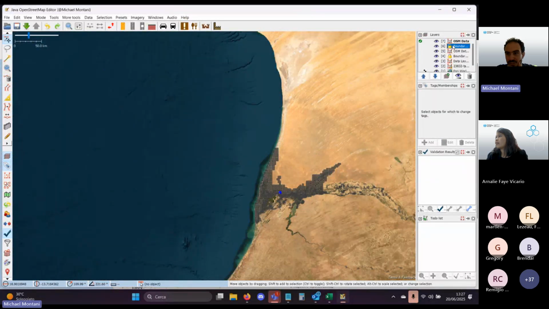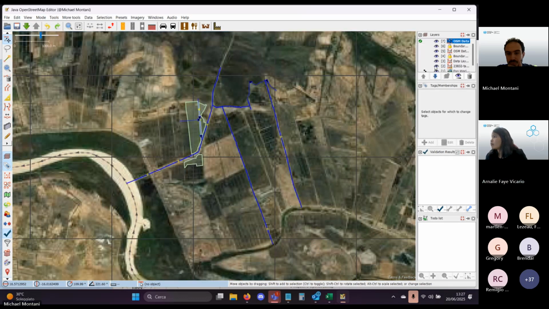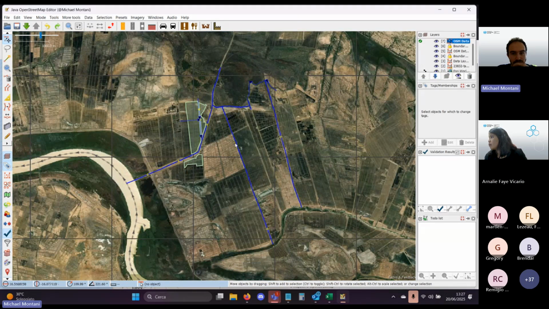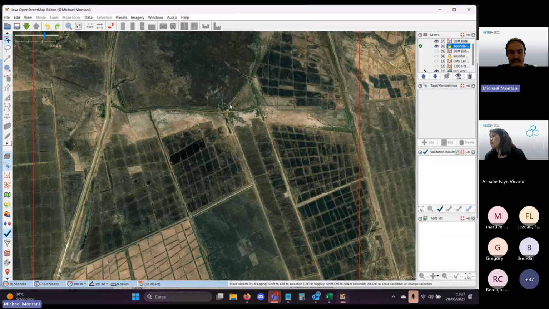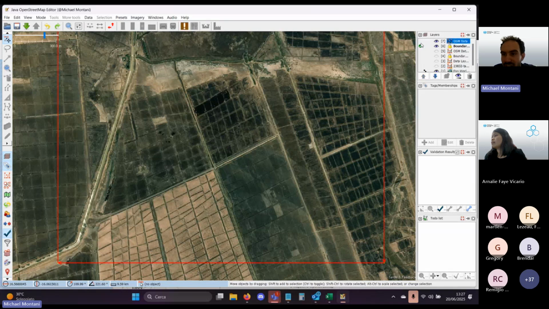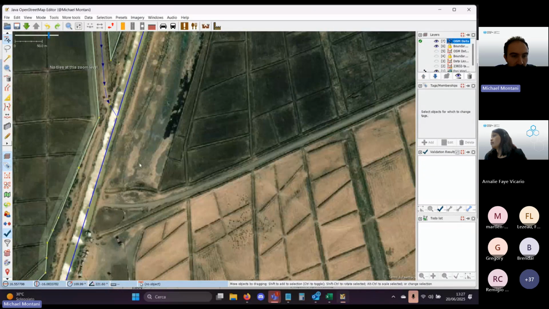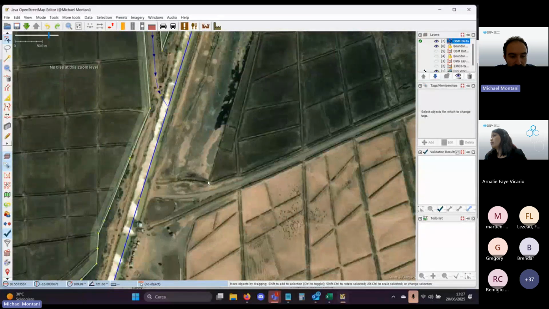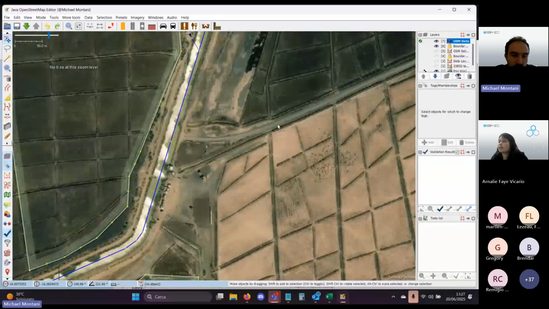Oh, I have to understand where I am. Okay, we are here. Let me remove everything else. So this is the area that we are mapping right now. We'll just highlight it. So the question is, sometimes it's difficult to distinguish between roads and canals. It's true. What I found working for me is to see the color.